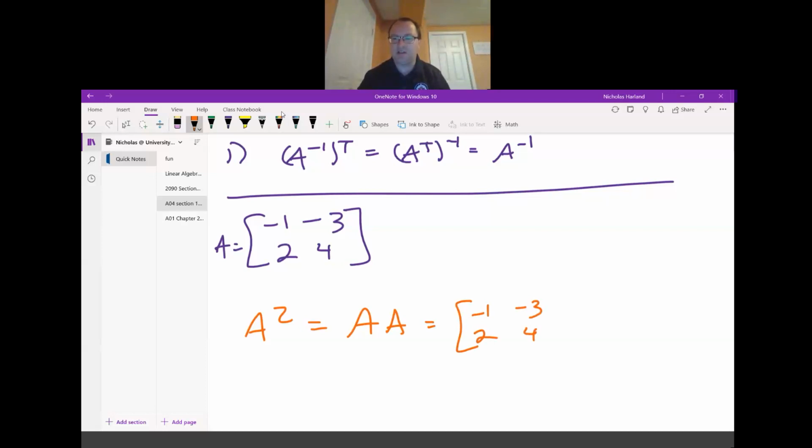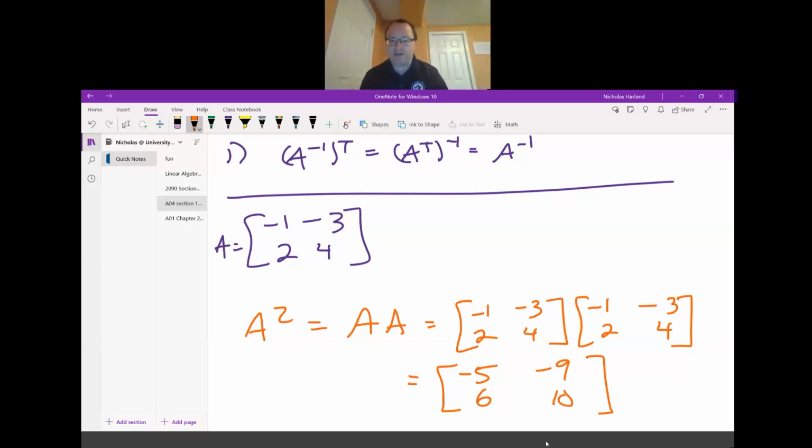Careful, just like matrix multiplication is not just taking the entries. I said, the matrix multiplied by itself, just like when we do matrix multiplication, we don't just multiply the individual entries. When we're squaring a matrix, we don't square the individual entries. And then it really just turns into another matrix multiplication type question